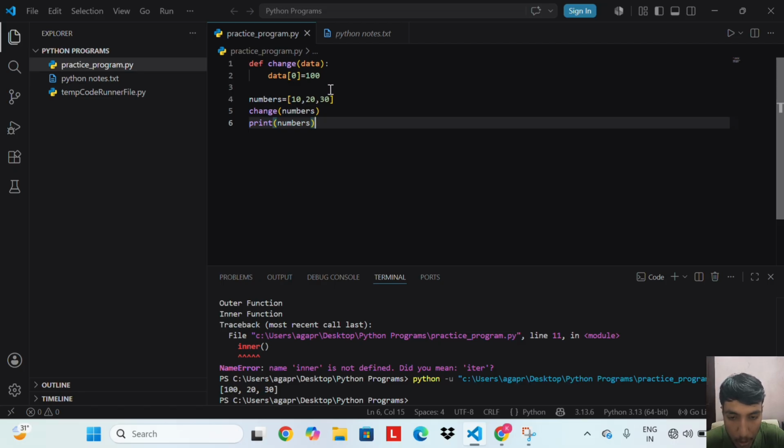After the function call, numbers in the main code is also changed. It now shows 100, 20, 30. This happens because lists are mutable. They can be changed in place. The function and the main code are both pointing to the same list object in memory.